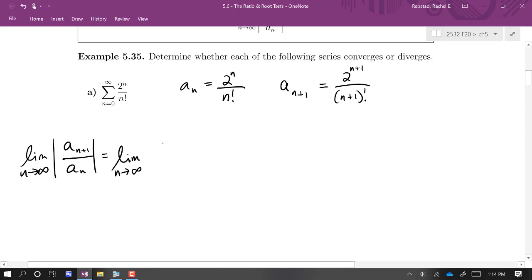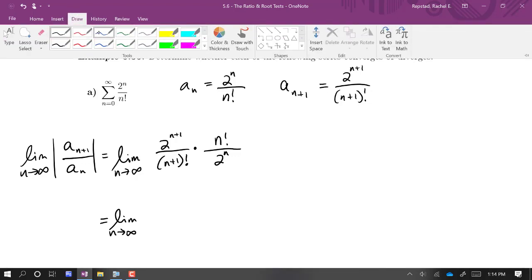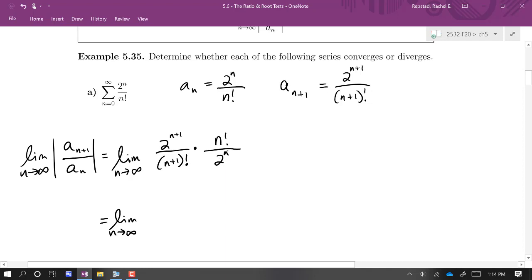So a_(n+1), I'm going to start there, 2^(n+1) over (n+1) factorial. And now we're dividing by a_n, so I'm going to multiply by the reciprocal, n factorial over 2^n. Now we've got some algebra to do. First, we can cancel a bunch of 2's, right? 2^n cancels with all but one factor of 2 that's up top, so I retain one factor of 2. And now, to deal with these factorials here,